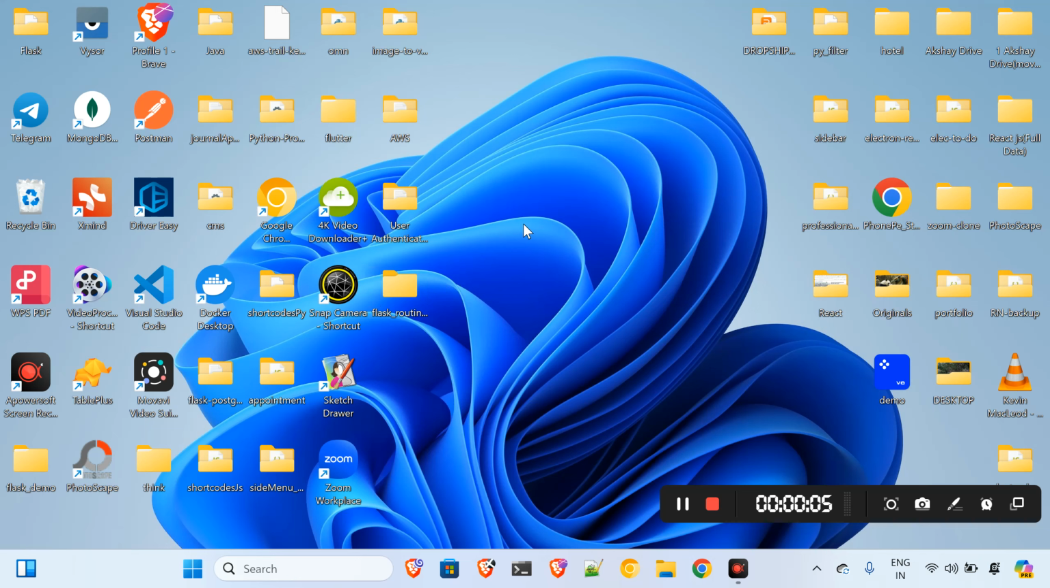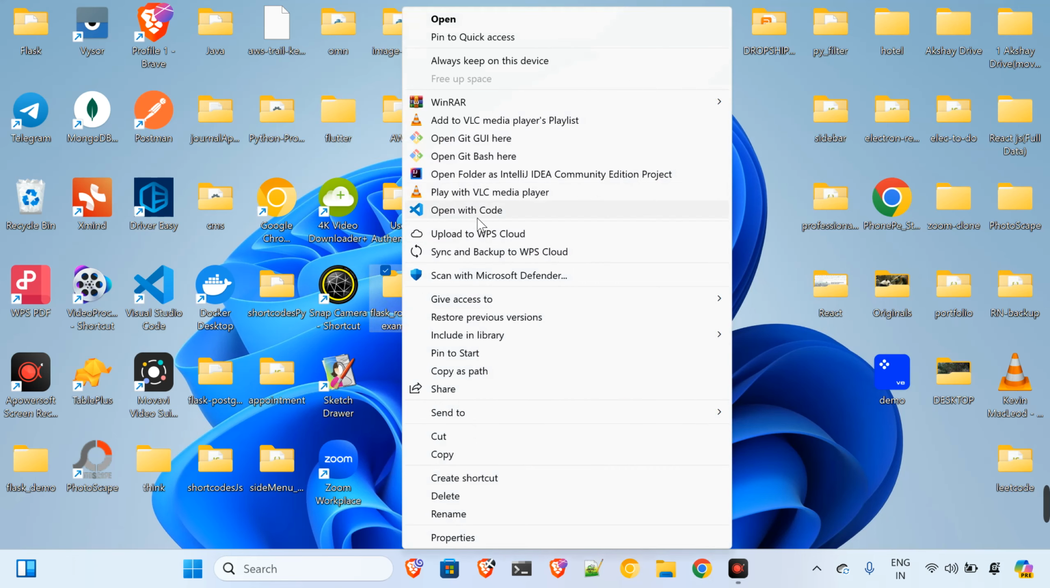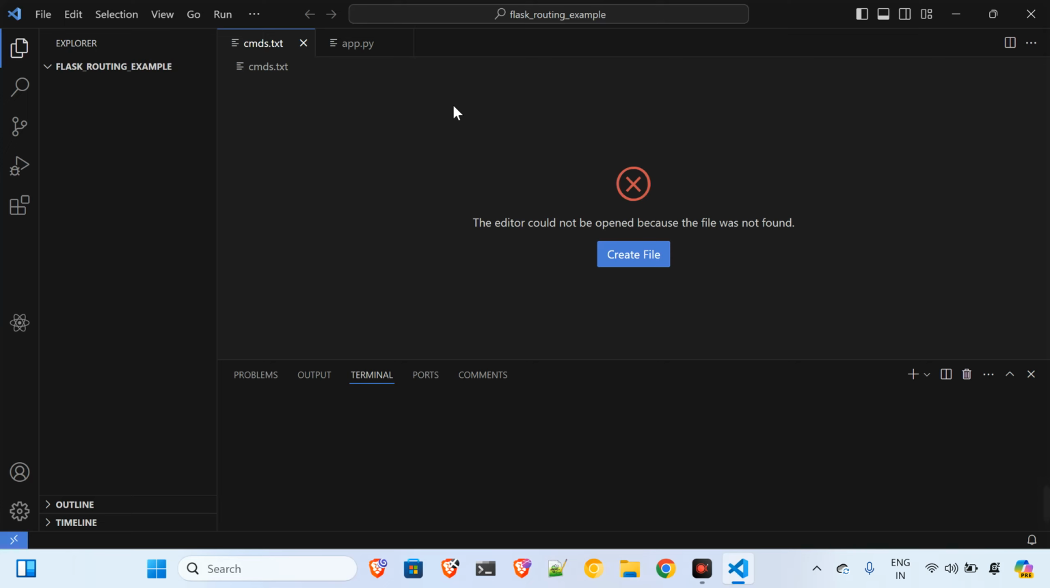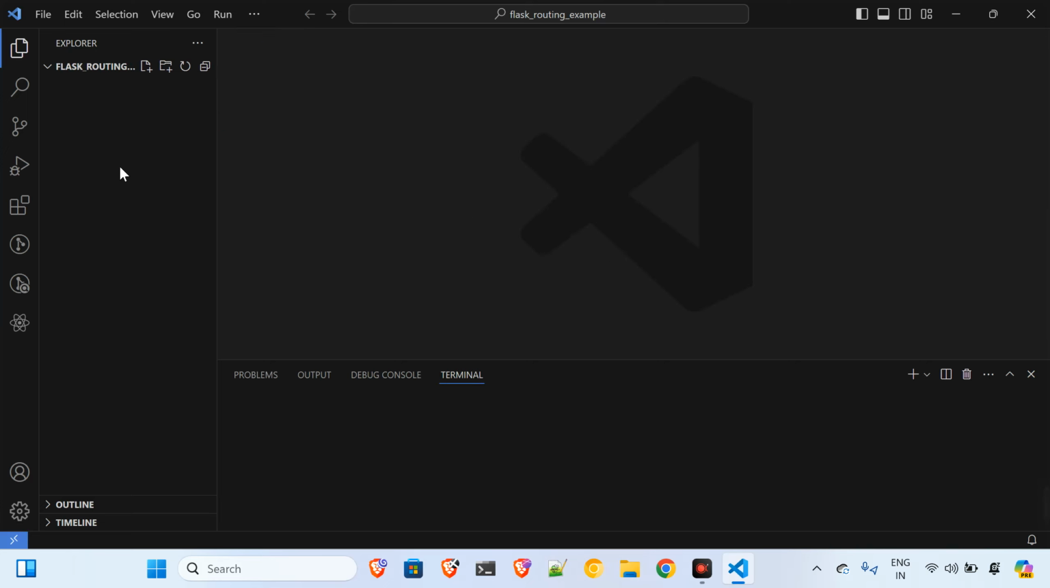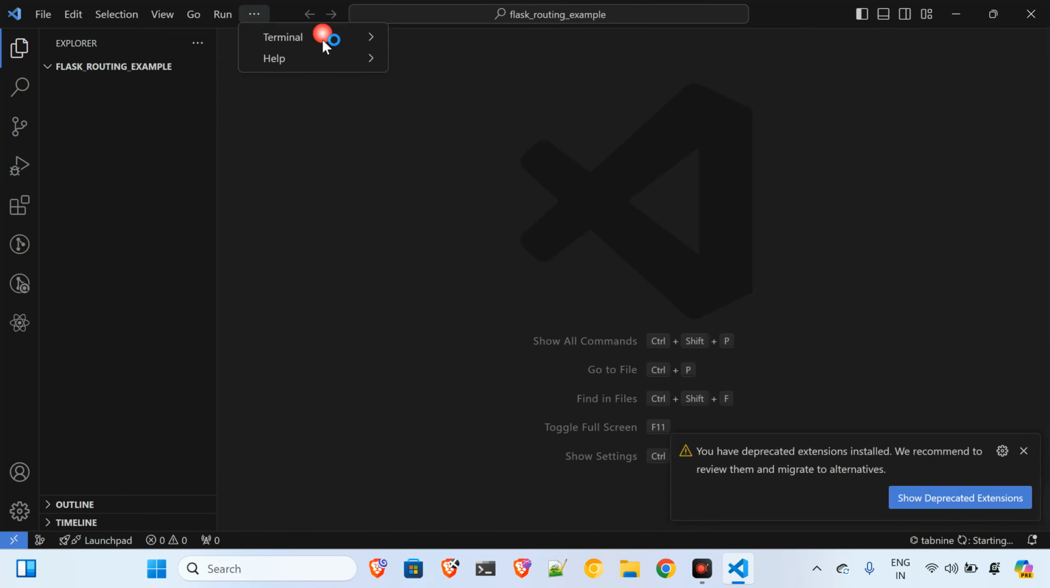So first of all, what I have done, I have created one folder on the desktop, Flask routing example. I will open this folder with the help of VS Code. I'll be using this particular code editor. Once you are done with that, let me just close everything properly, and I will open one